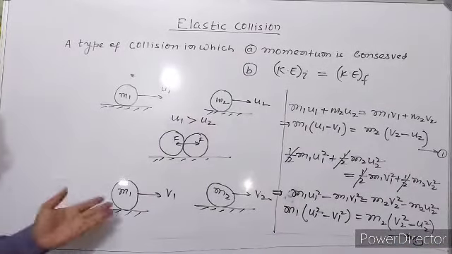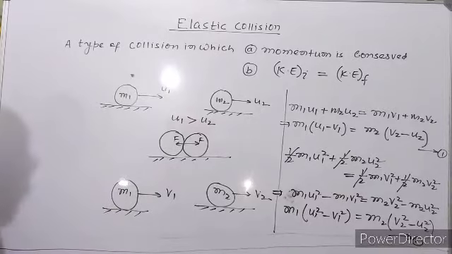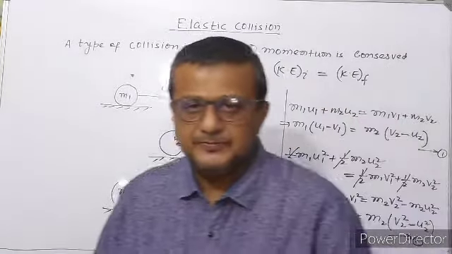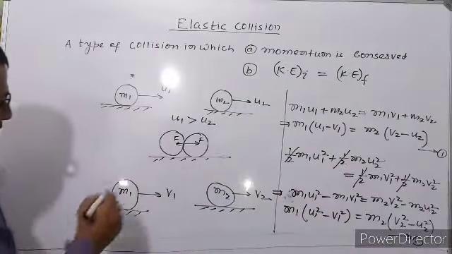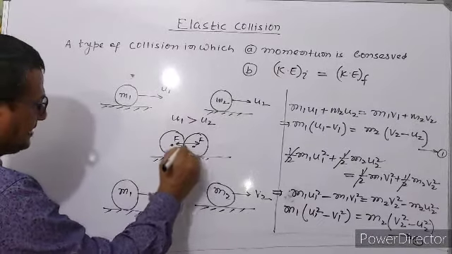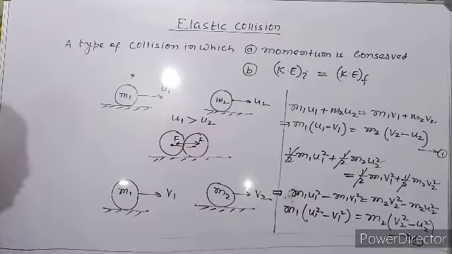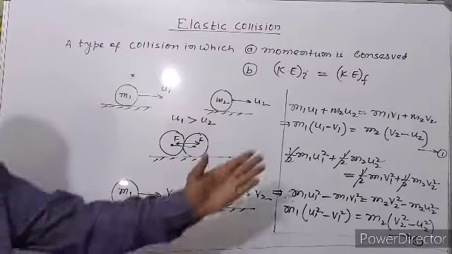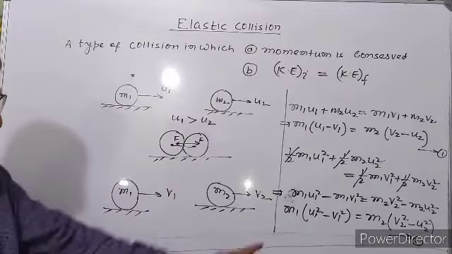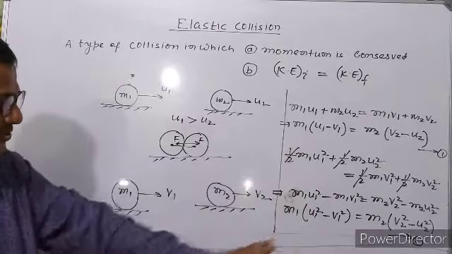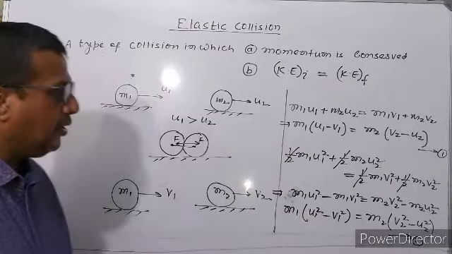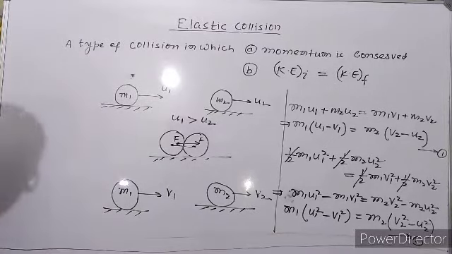Now actually it is a head-on collision. Head-on collision means after the collision the bodies will move in a straight line. Head-on collision means at the time of collision both centers are in a straight line. So in this type of collision, after collision the bodies move in a straight line. So we got the two equations. Now we want to find v1 or v2 or the relation between u1, v1, u2, v2.